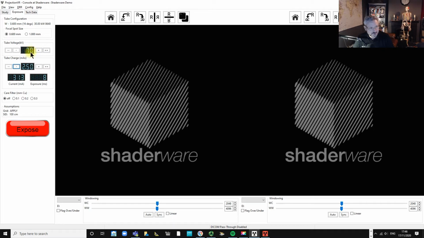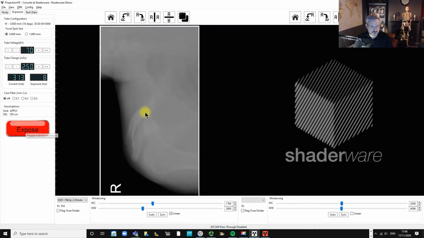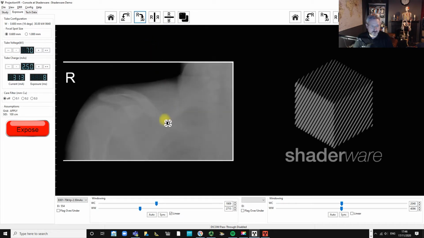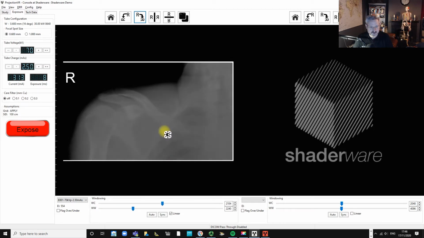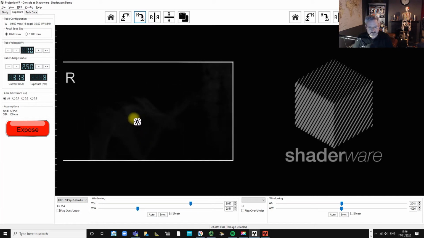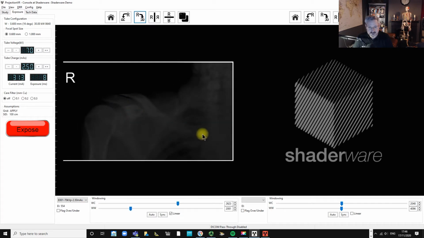So the clavicle, because it's got a well, we'll talk about that after we've exposed it. I'm going to hover over the exposure button now and expose. And we'll flip this over and window. Okay, so the point of using a high tube voltage is that the clavicle has got very little material covering the lateral aspect, so the X-rays will easily penetrate the lateral aspect, and it's got quite a dense area to be covered